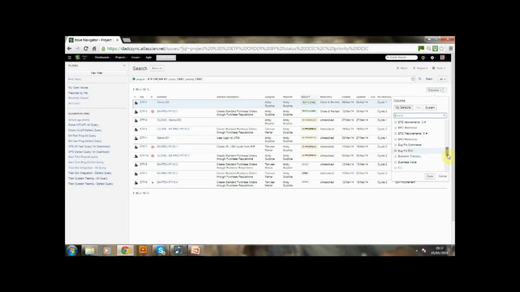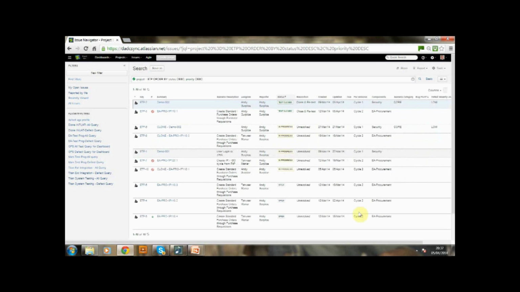Also the defect severity, there's that one there, and also the fix complexity. Now we don't see it on here, so what we're going to do is search fix complexity, and there it is. So let's now click on done,